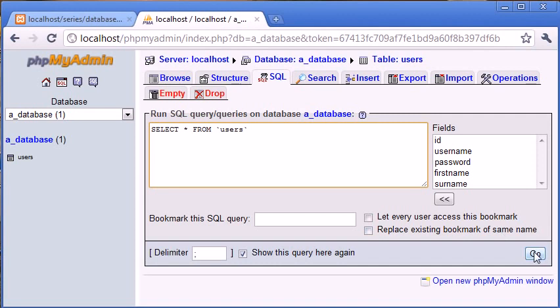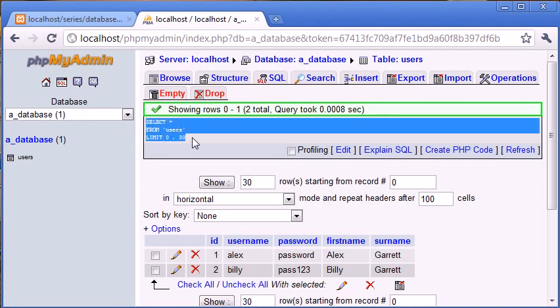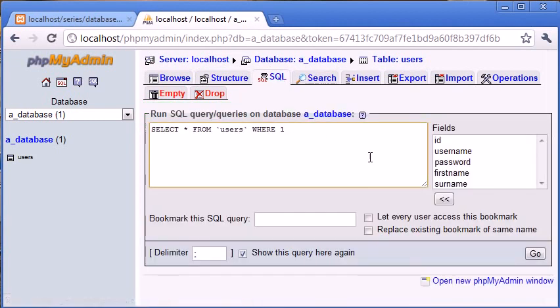So now I'm going to click go, and you can see that this is showing rows 0 to 1, 2 total. The query took an amount of seconds, and it's shown our query here with this limit on the end, which I'll explain soon. But we've retrieved exactly the same data as if we were to click browse. So this SQL query for us at the moment is useless inside phpMyAdmin, but when we're working within PHP,